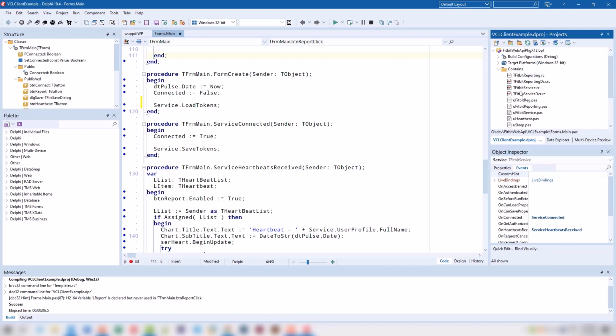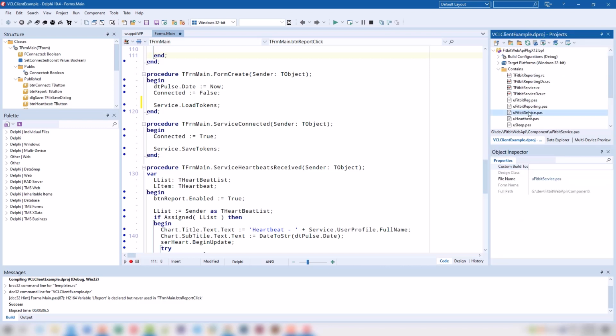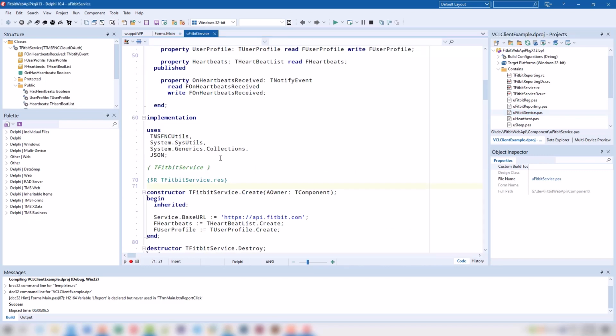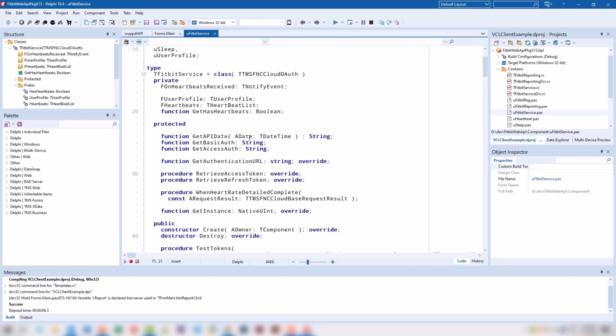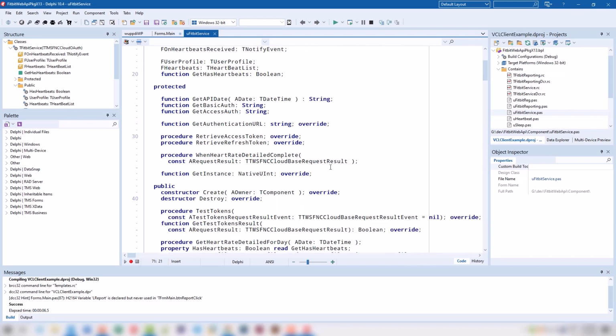And in order to do that, we have to expand the Fitbit service class. And sadly, the documentation is a little bit slim on that, but I'm quite sure after this video, these details will get added. The reason is not that TMS didn't think it was important to be added.